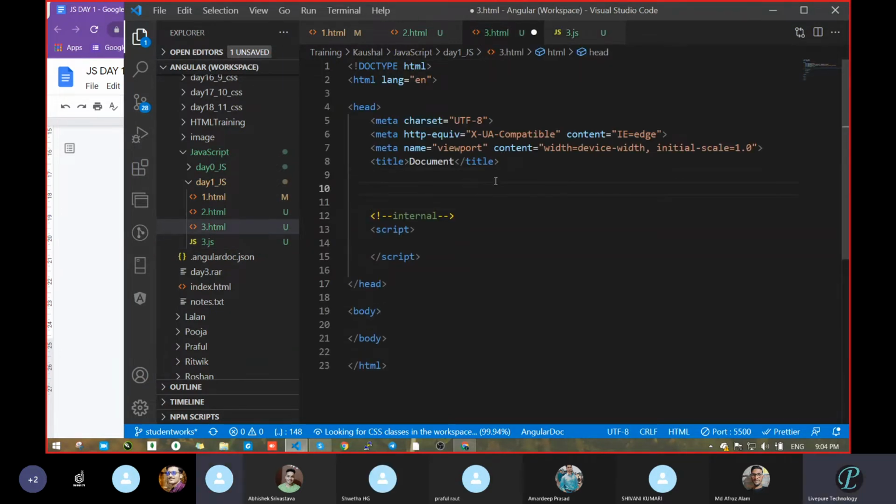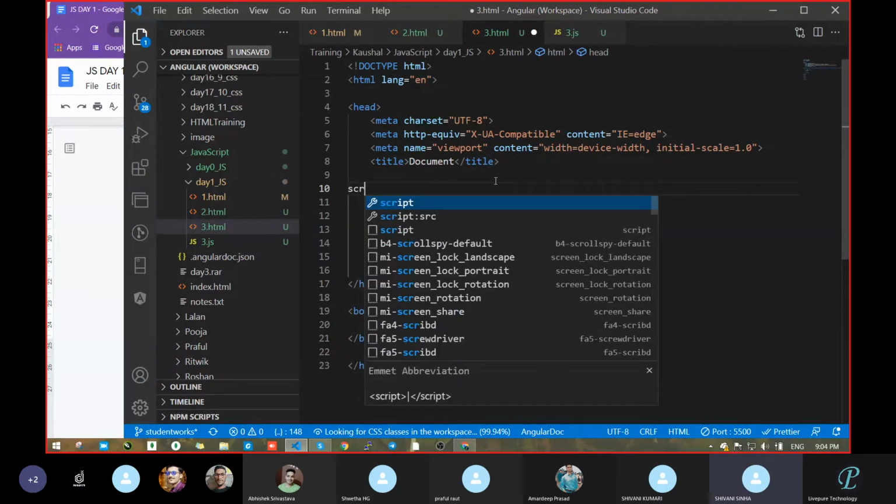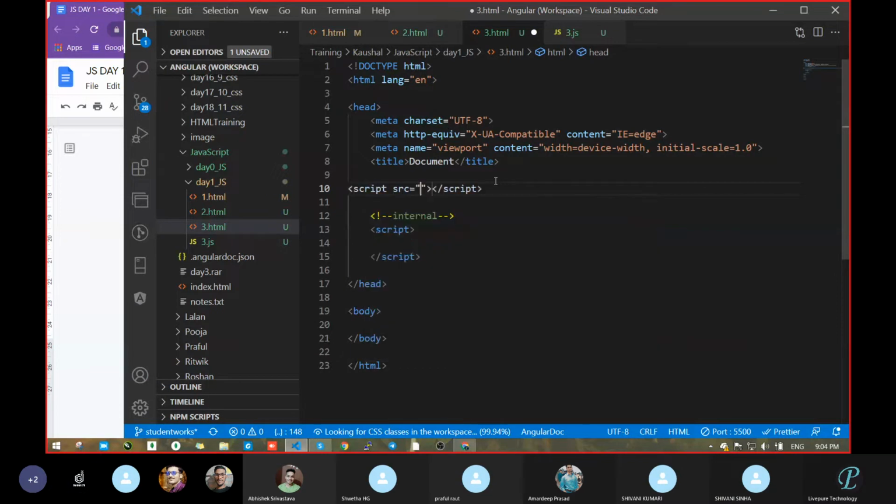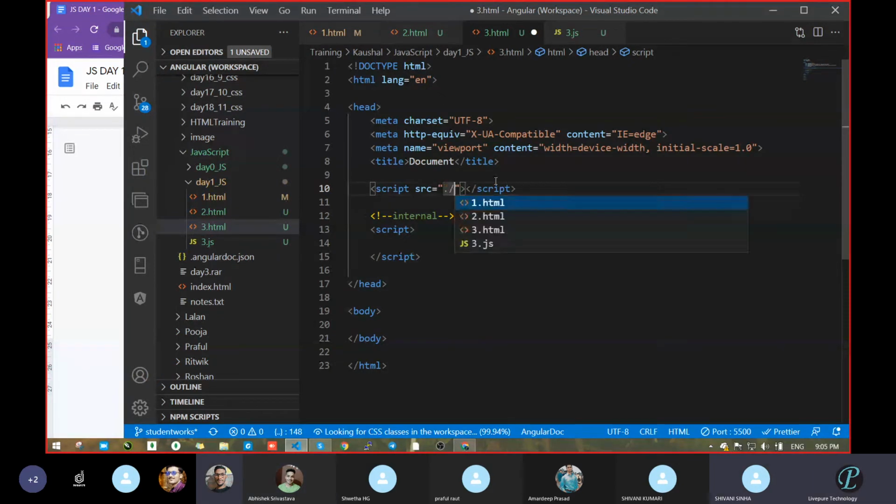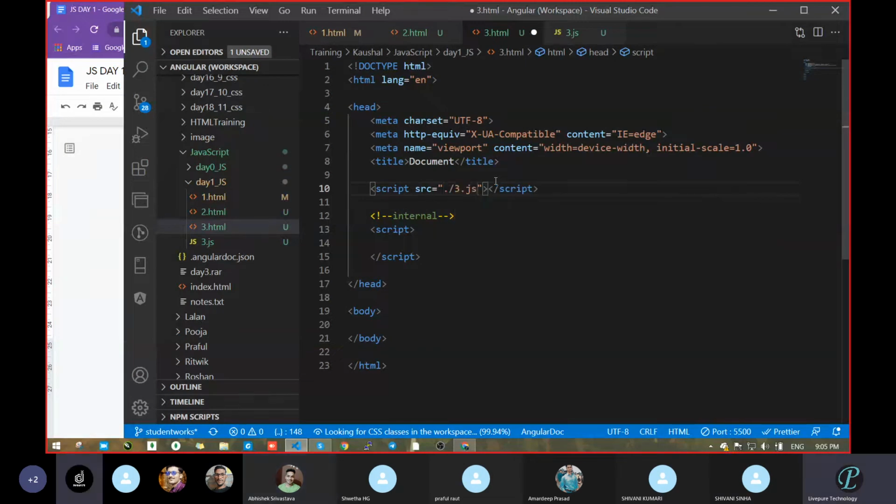Inside head we take a script src, not a link tag.